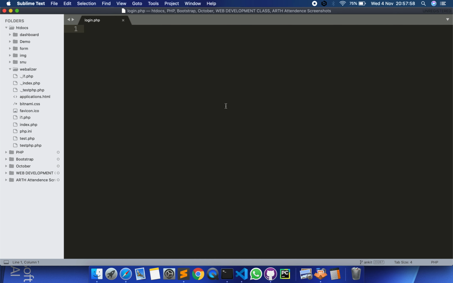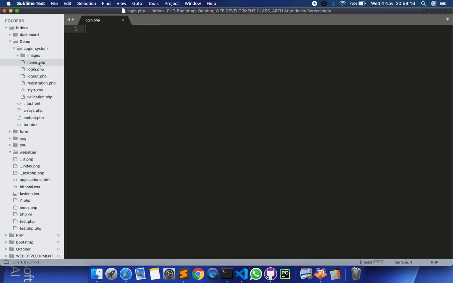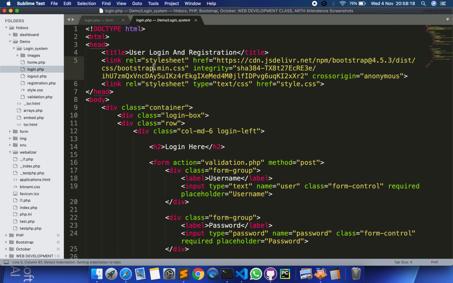This will be the login page, and there will be no PHP work in it, but we still need to save the page as PHP. I have this page already created, so I'll be copying the login page from here.